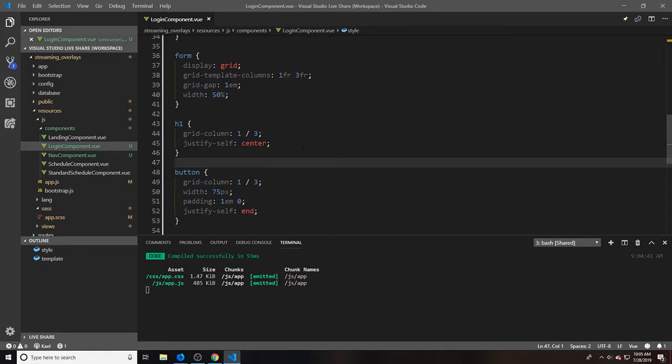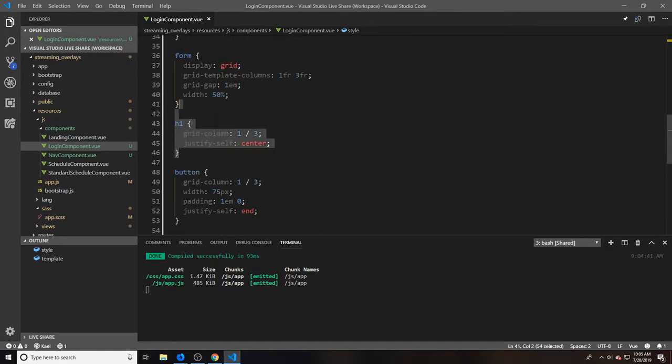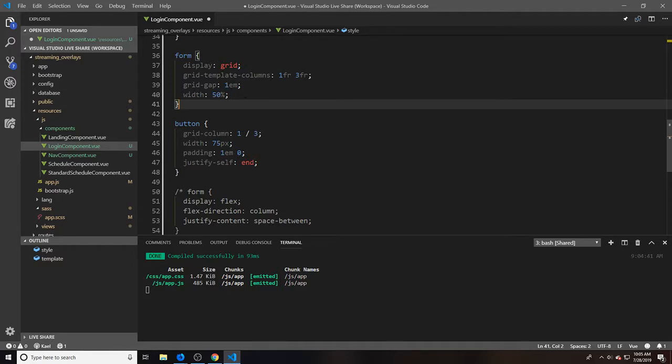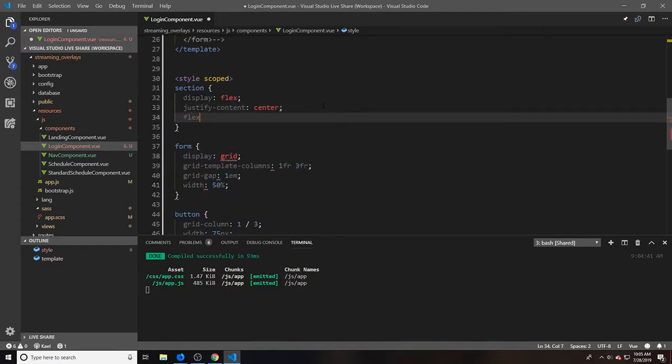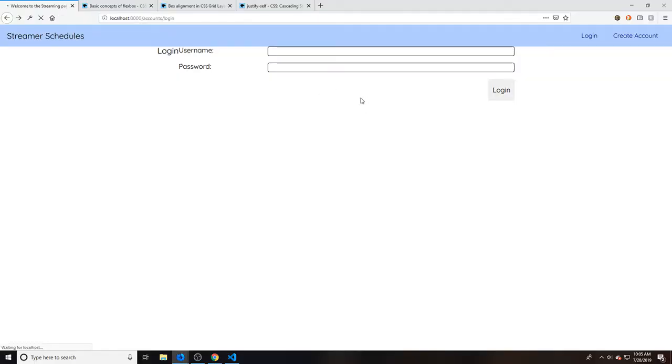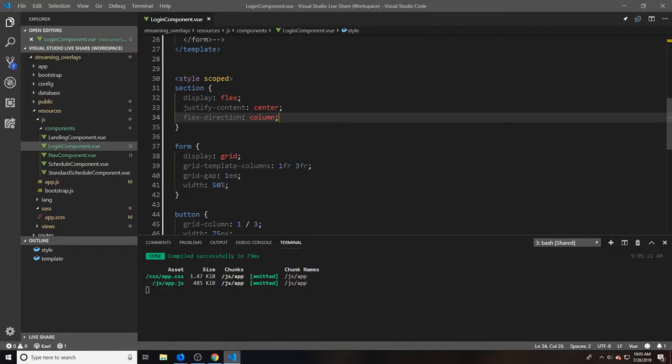Okay, change section to have a flex direction. Not exactly, but it's kind of working, and now we want to center everything.